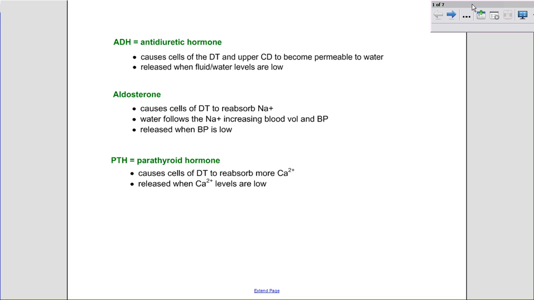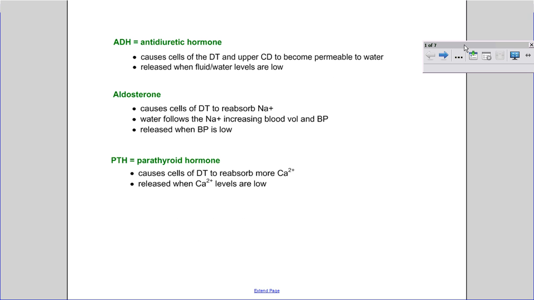Okay, so I thought that I would create a little video lesson in case you wanted to finish up the information on the chapter, dealing with the three hormones that act and cause special reabsorption whenever your body's under certain conditions. Okay, so you have this on a slide on the back of your sheet that you drew the nephron